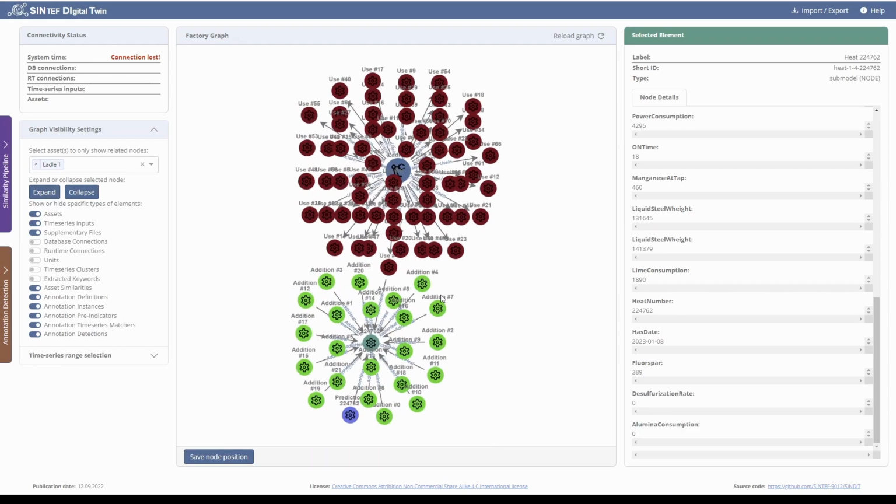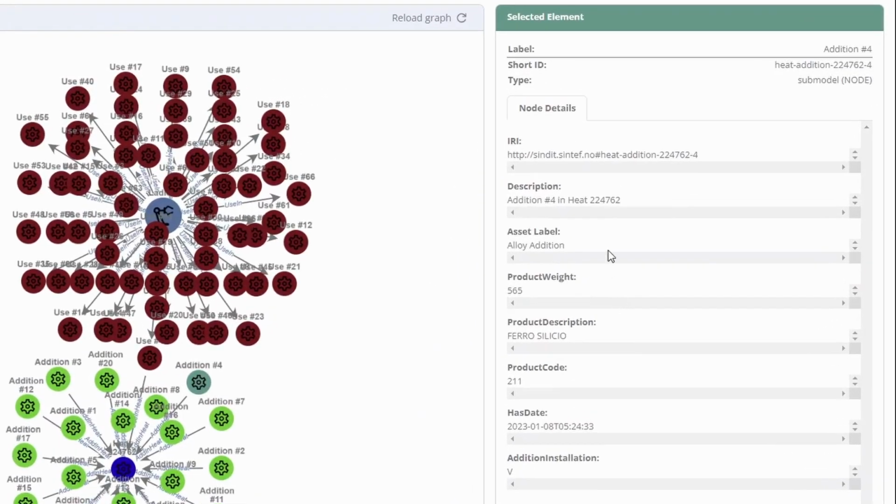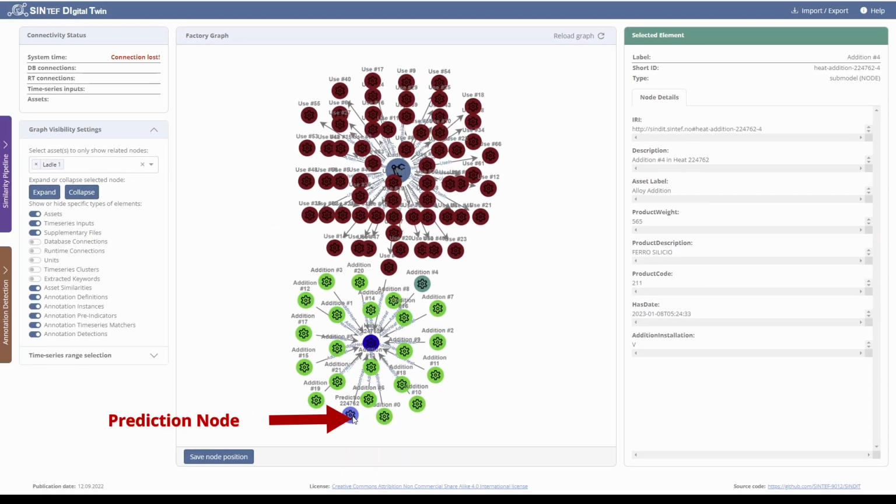The heat node has multiple alloy addition nodes. Each heat node has one prediction node, which contains the outputs of the hybrid twins as well as the reasoning